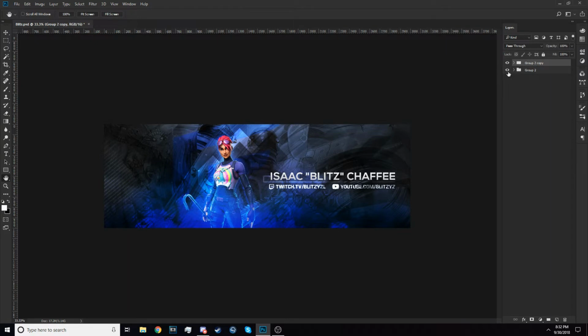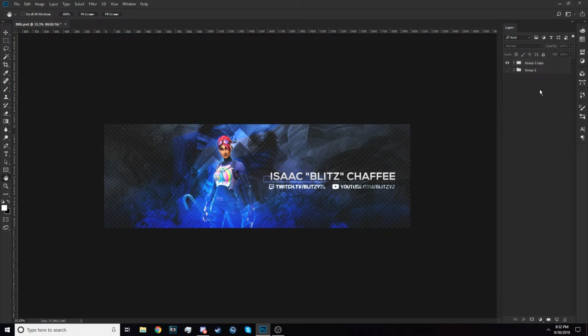Next, you want to hide your original group, select your duplicated group, and go to the opacity and change it to 99%. Now this will look odd to most, as you would think that this is how it would look on Twitter. This is incorrect. What this does is, at a 99% opacity, the image is glazed,